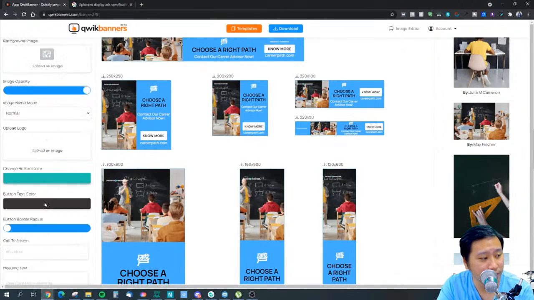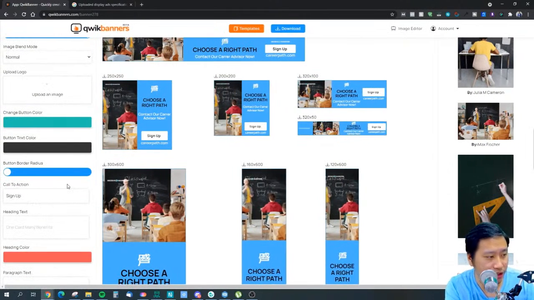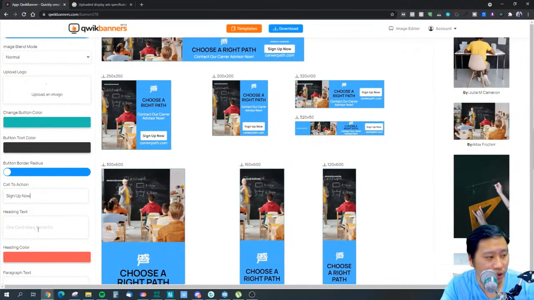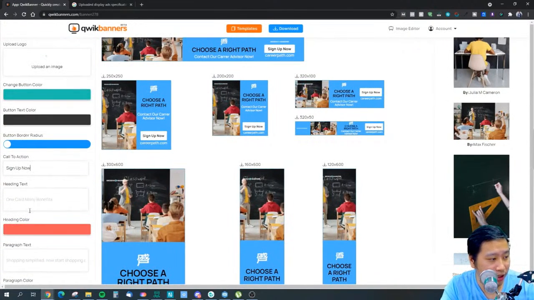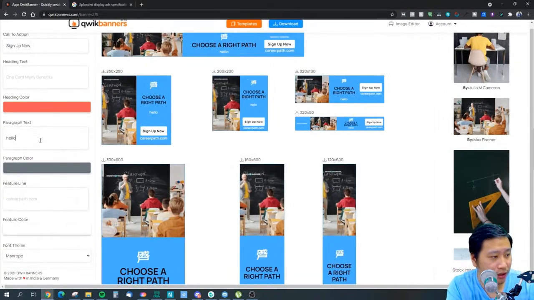Okay, so we can change every single individual element here. Let's say I change the text here. Then the heading text, the paragraph text, the feature text. Okay, so this is the